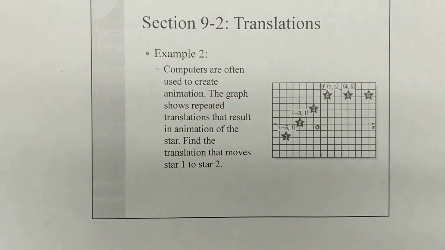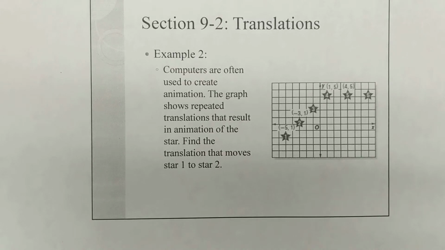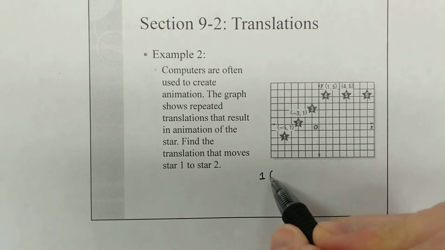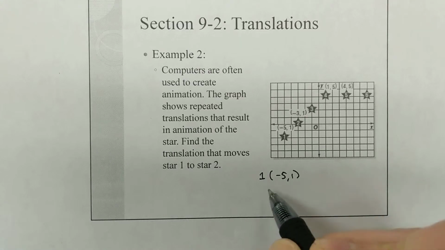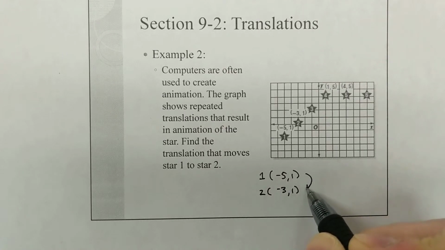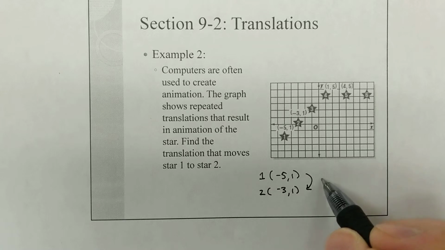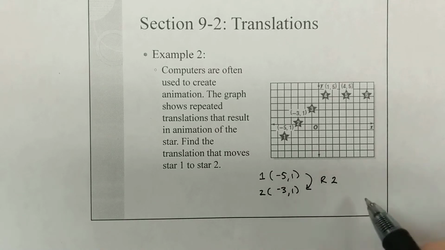The graph shows the repeated translations that result in animation of the star. Find the translation that moves star 1 to star 2. So star 1 is at -5, 1. Star 2 is at -3, 1. So how do you go from there to there? Well, to go from -5 to -3, that is right 2. And we did not go up or down any, so